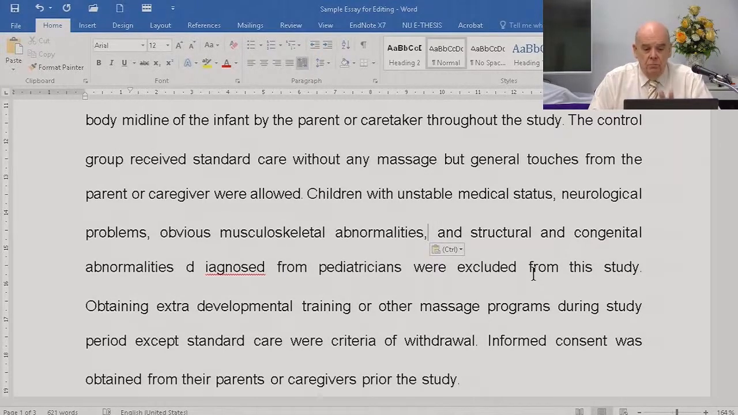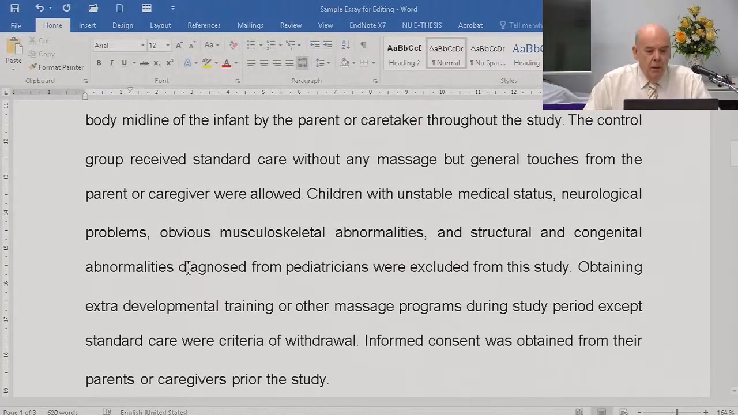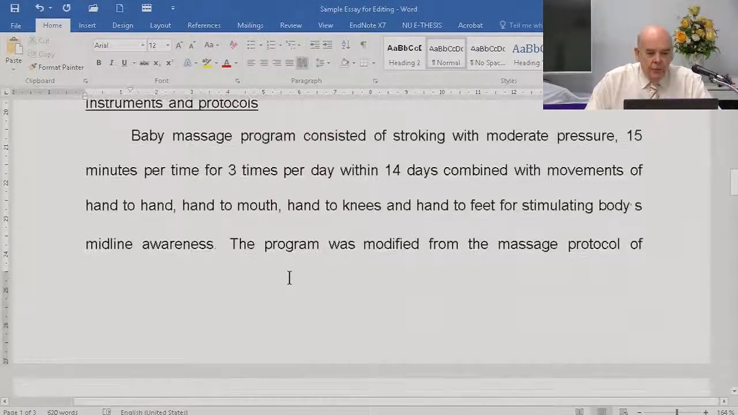If it's a one item, fine. If it's an and, structural and congenital, that comma helps for understanding. My very last point that I want to make